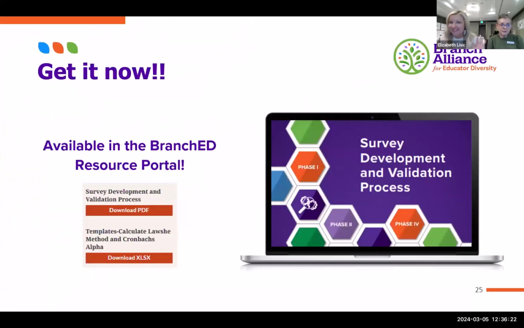So at this time, we're going to pause. Jennifer's going to throw a link in the chat that's going to link you to the specific page on the resource portal. You will have to log in, but you'll see the survey development and validation process, and you'll see there are 2 options for download.